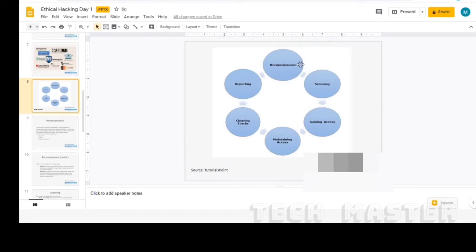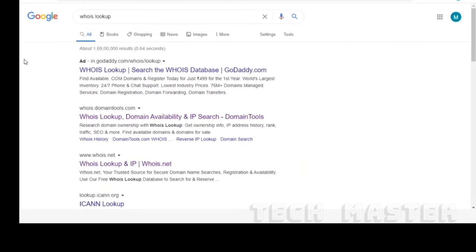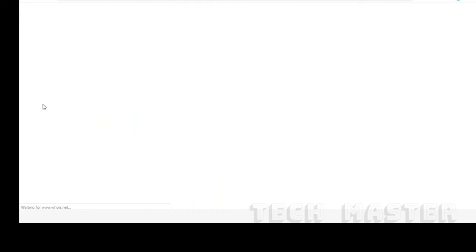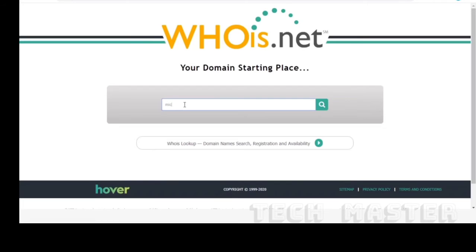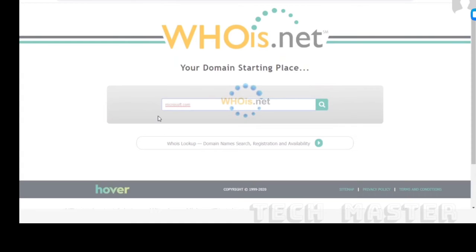So only those things we are going to figure out with reconnaissance, and this is more like information gathering. This step is not available under Kali Linux right now, because this is a manual step. You will go to Whois Lookup and search across the different IPs. If I go to this Whois Lookup, and let's say I'm attacking Microsoft.com, I'm going to figure out what the IP addresses are for the same, search across,